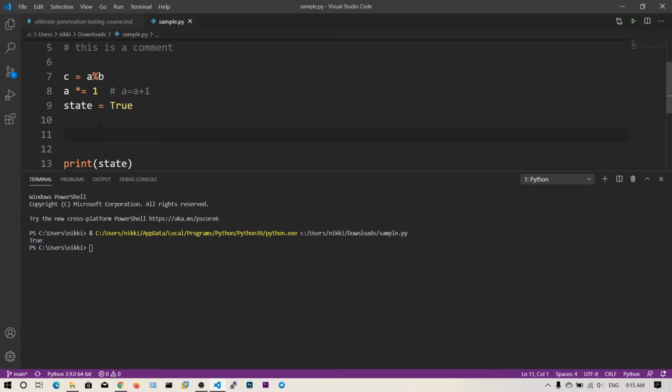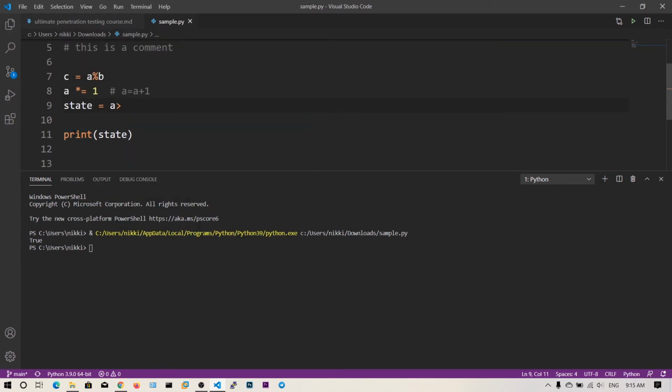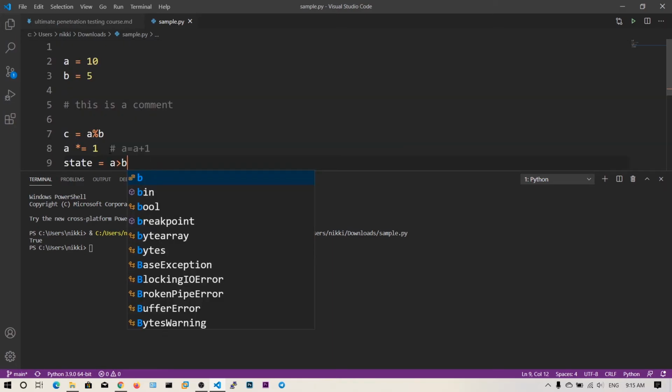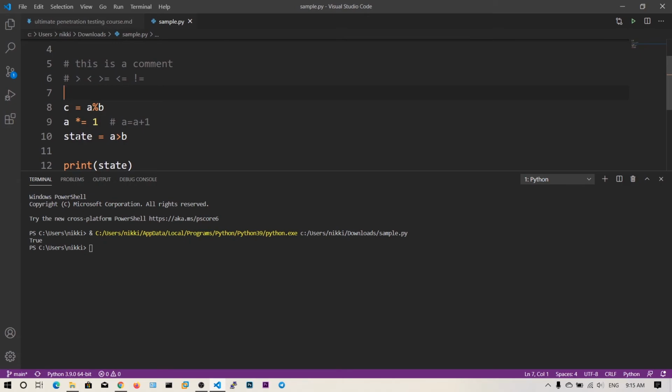Now I am going to say state is equal to a greater than b. This is the greater than symbol, and you can also use greater than, less than, greater than or equal to, less than or equal to, and not equal to, which is an exclamation mark followed by equals.